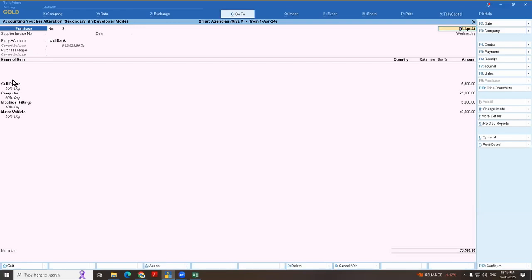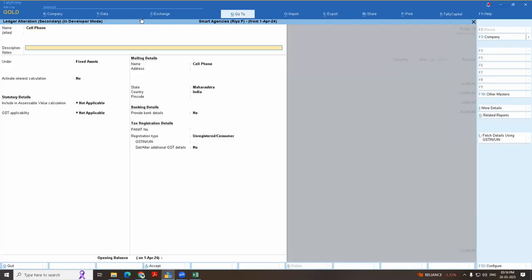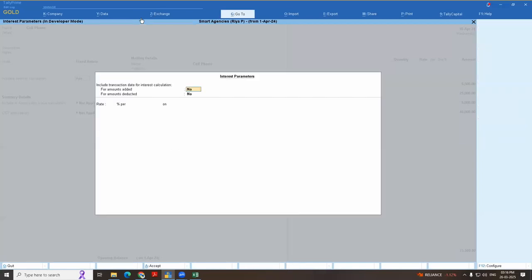In any ledger of asset, you just have to go in here and select your activity, interest calculation. And suppose you want to calculate only on added amount, press yes for amount added. So the debited amount will be considered for calculation of depreciation. Then you can put here depreciation at a minus rate. Suppose depreciation at 15%, you can put here. So that is possible, and you can also get multiple